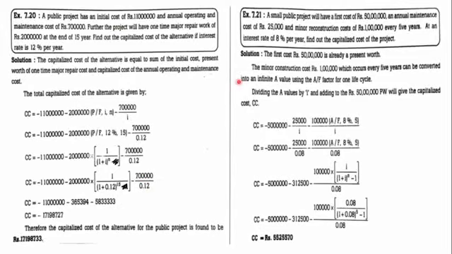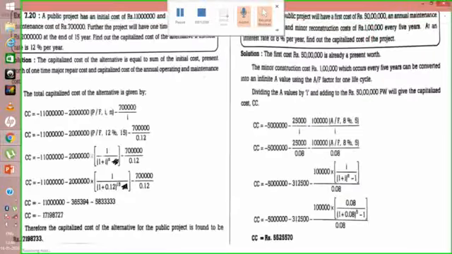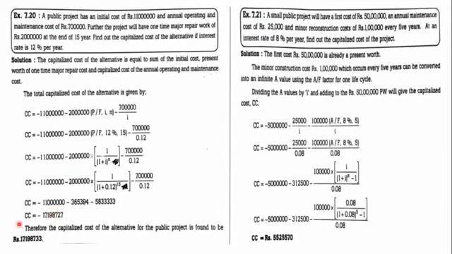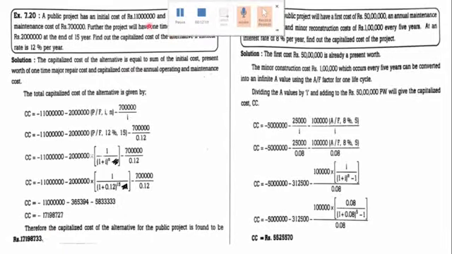there is no time limit here, we have to serve for the lifetime, that is, the annual operating and maintenance cost is for the lifetime, hence we are directly converting it by dividing by only the interest rate, that is 0.12. Okay, calculate all those values, you will get the answer, that is minus 1 crore 71 lakh 98,727. This is the annual capitalized cost of the alternative for the project.